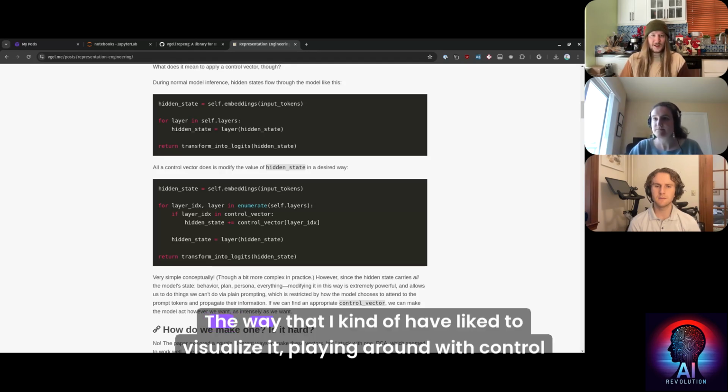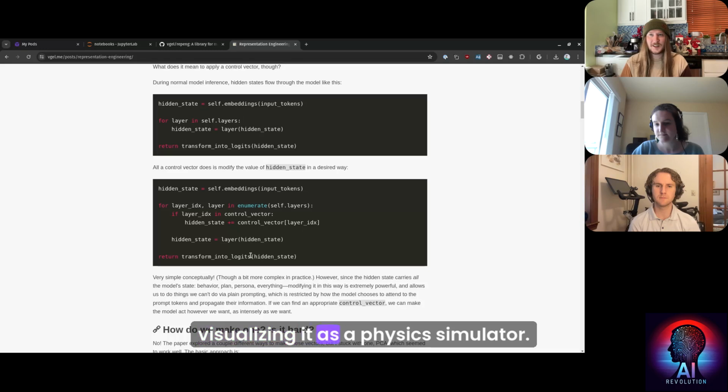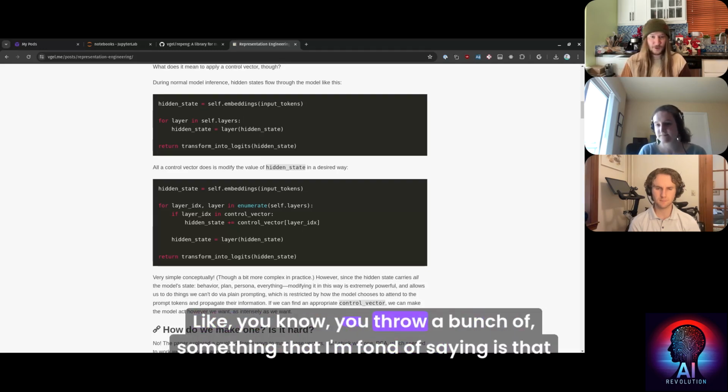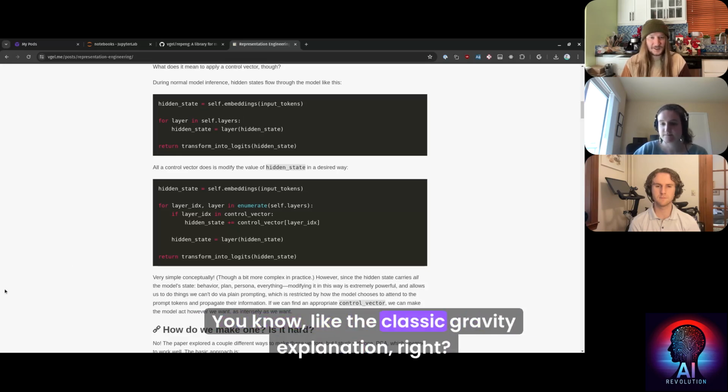So the way that I like to visualize it, playing around with control vectors, is I really like the Emmett Shear approach of visualizing it as a physics simulator, because I find that's a very intuitive way to think about it. Something that I'm fond of saying is that large language models act like a soft flat surface, like the classic gravity explanation, right?